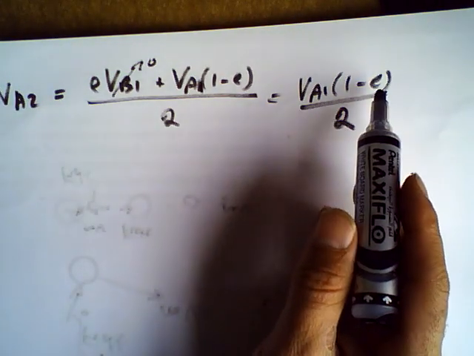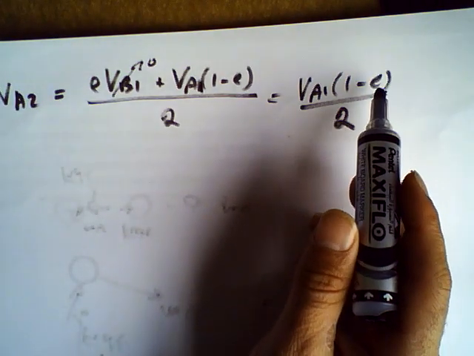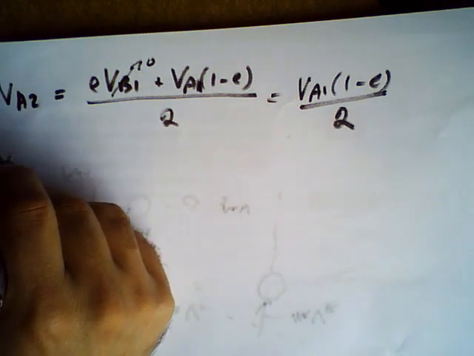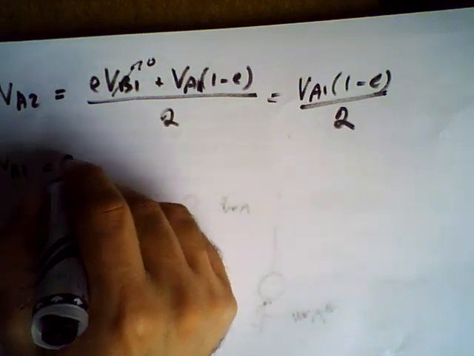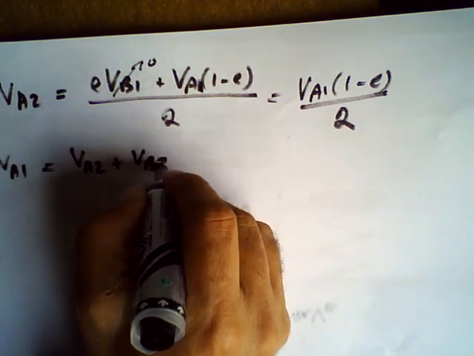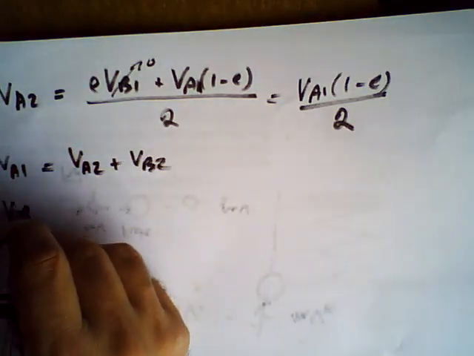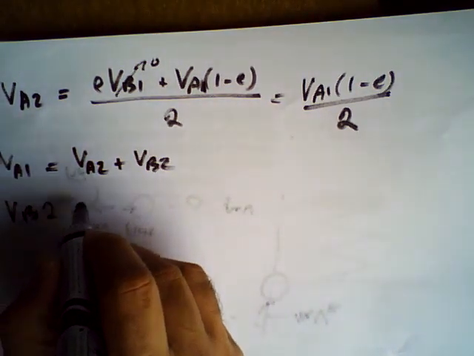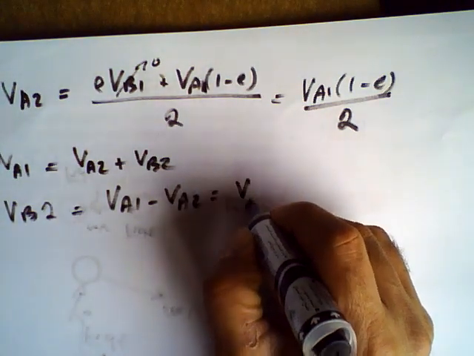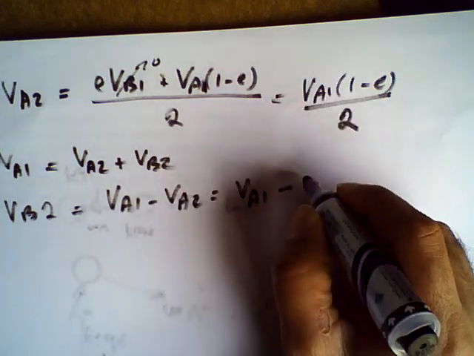So this is the final velocity of A, and now we need to find the final velocity of B. So here we know that based on the conservation of momentum, we had MVA1 was equal to, I'm going to remove the mass because it is equal for all of them, VA2 plus VB2. We need to find VB2. So VB2 is actually equal to VA1 minus VA2, which is this guy,